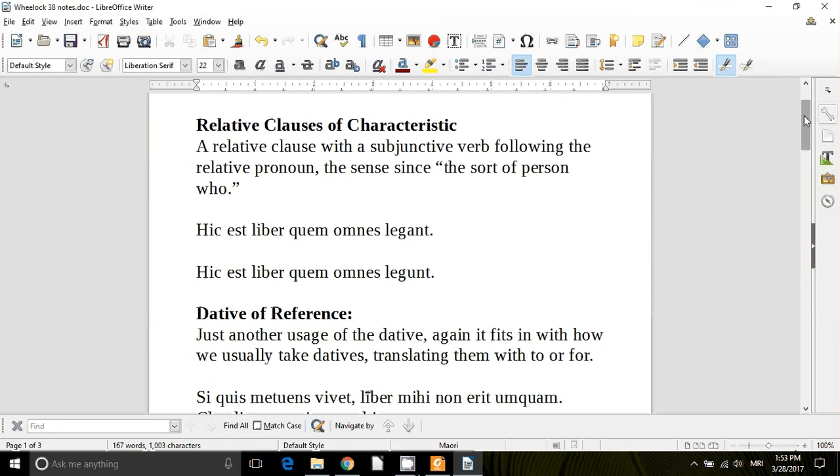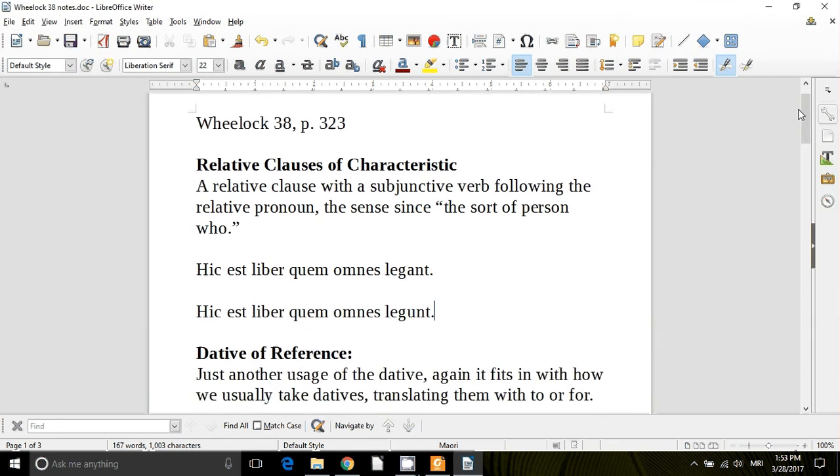Chapter 38 of Wheelock once again gets us through a few different topics very quickly. So here we have relative clauses of characteristic. A relative clause, you recall, is simply a clause that begins with a relative pronoun. Who, which in Latin, of course, is quis, quae, or quo for the dative. But now it's a relative clause followed by a subjunctive verb. So the relative clause begins with a relative pronoun, and then the verb in that clause is subjunctive, and this